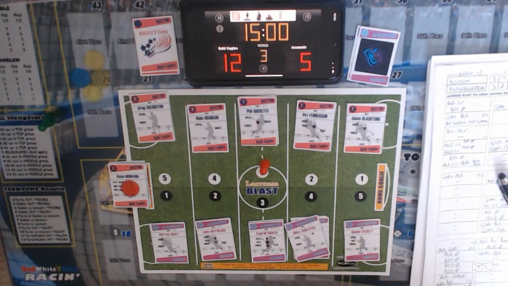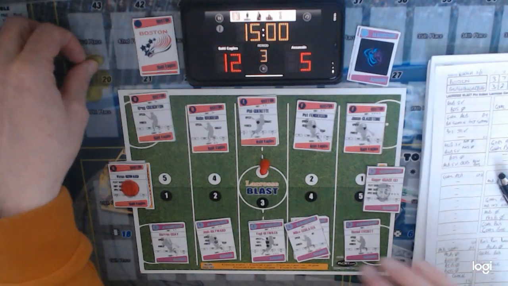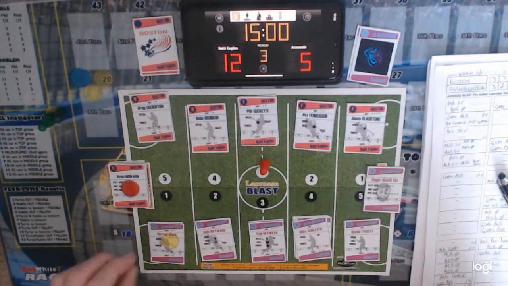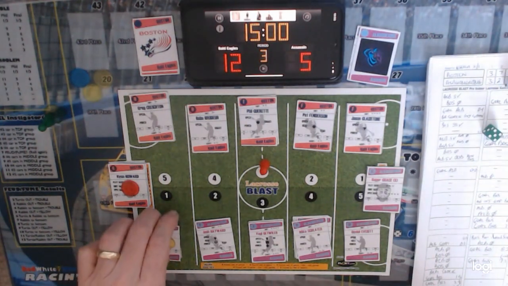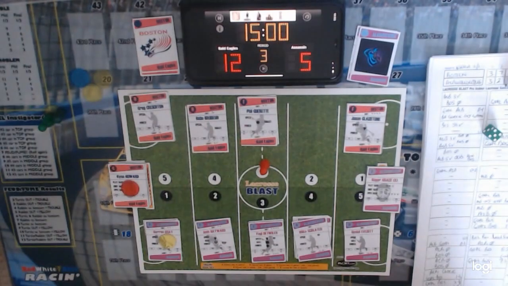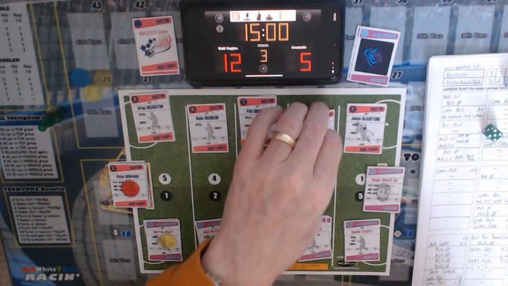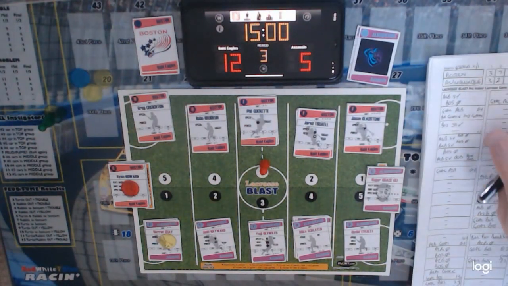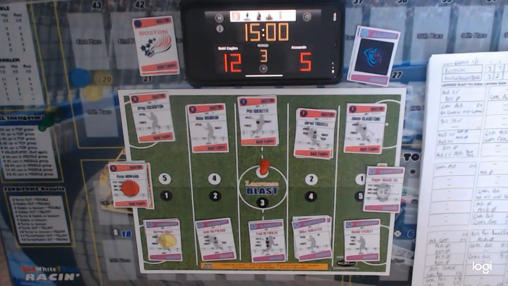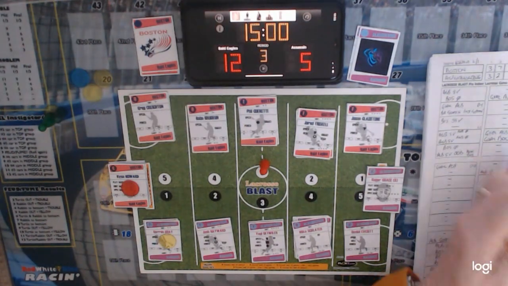So they're going to bring in Matt Shuttler. And Boston have the ball. 1, 2, 3 power play if there's 2 power play circles, and they only have 1. And so Boston missed their chance, and